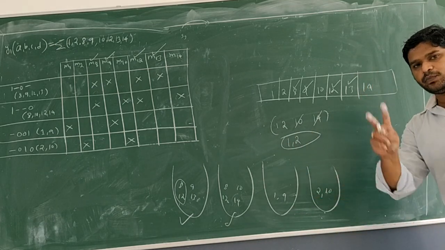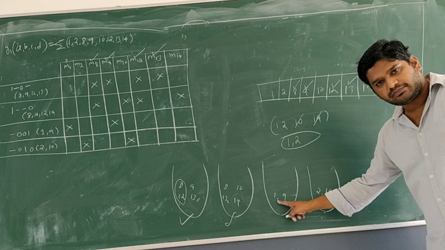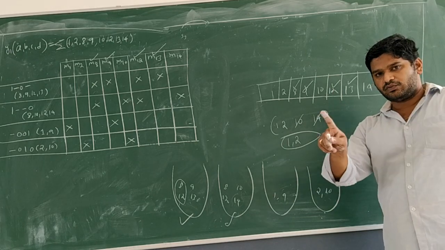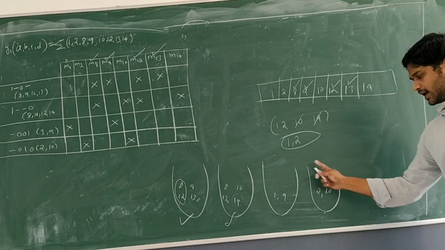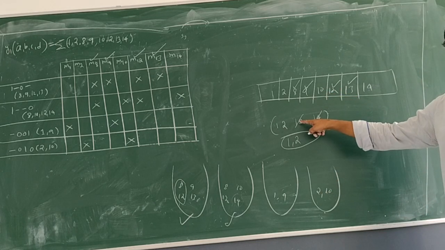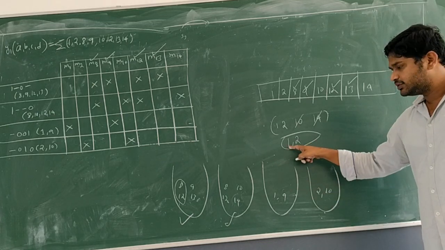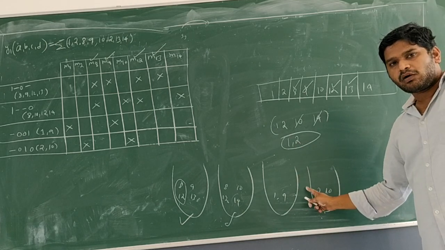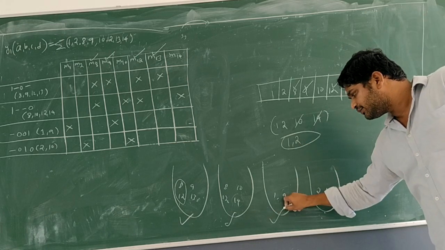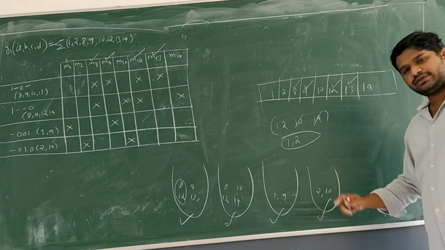So here I am left with the 2 bags. First bag is what? 1, 9. Second bag is 2, 10. Now, if I take this by neglecting this, 9 I already have. The new thing I will get is 1. If I neglect this and take this, 10 I already have, and the 2 which I need. So I will get it, but I will not get both of what I needed in the same bag. Are you understanding? Same bag does not consist of what I need. So I am not left with any other option. I have to choose all. All means what? Both. 1, 9 as well as 2, 10.